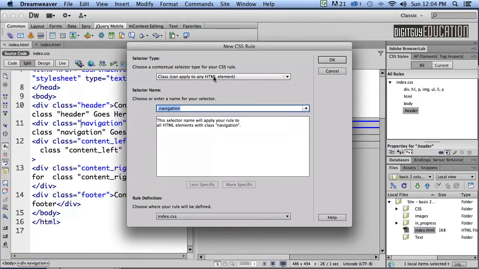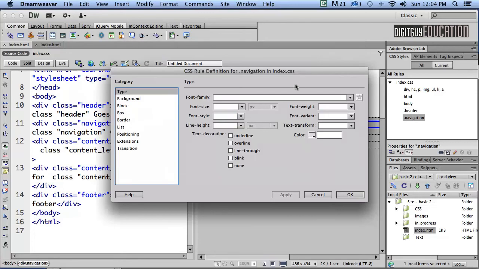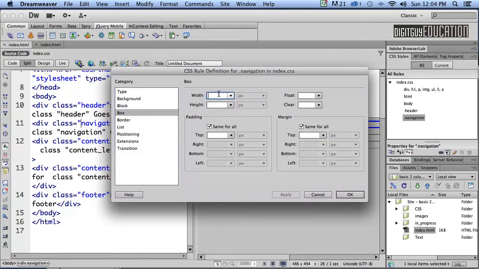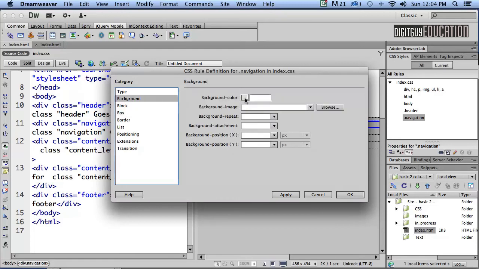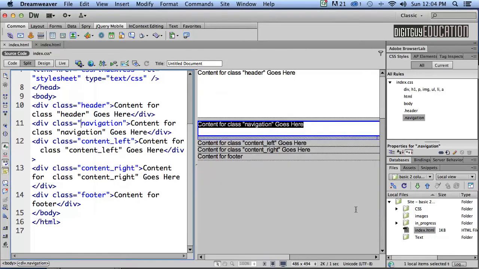I want to make a class navigation in index.css, which is exactly what I want. Now I'm going to do the same with the box. I'm going to make the width 960 pixels wide like that, and I'm going to make the height 40 pixels like this, and also a margin across the bottom again of 10 pixels like that, and a background color of white. You have any background color you like, I'm just keeping it consistent, and I'm going to click OK, and